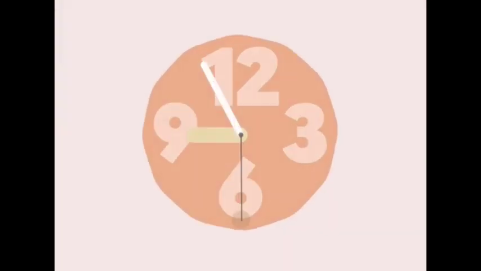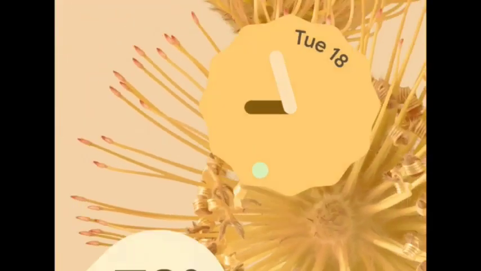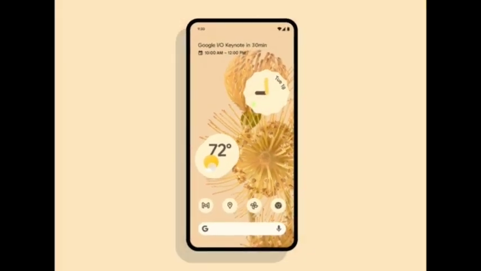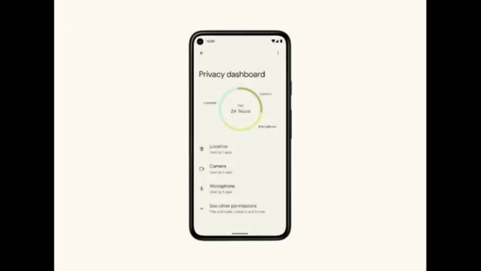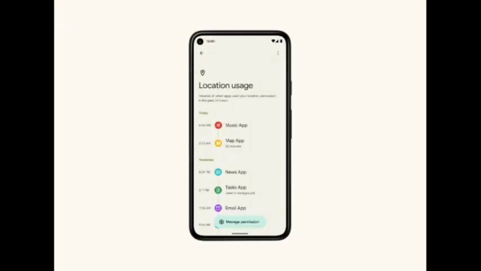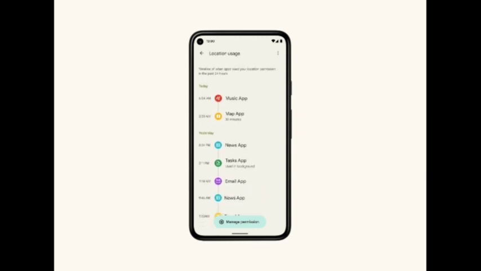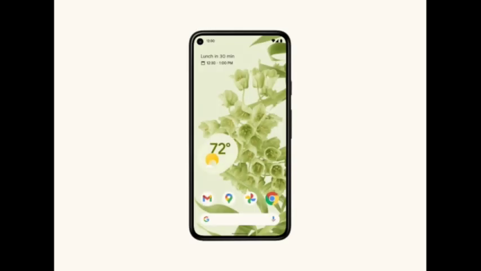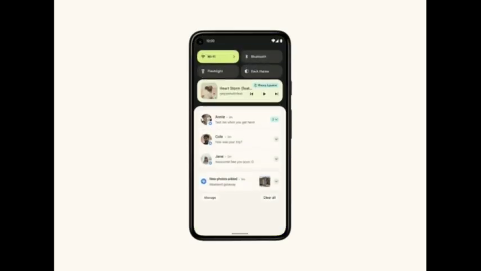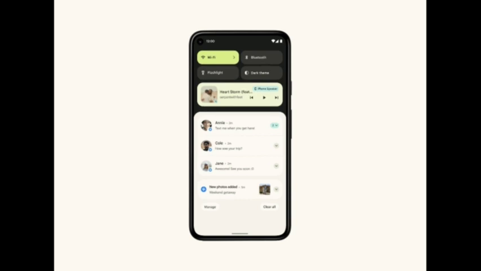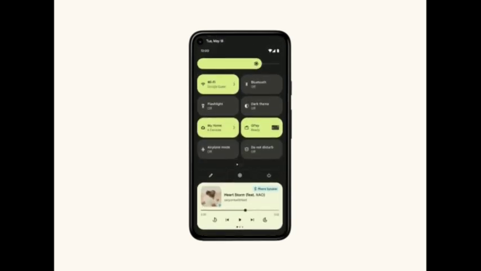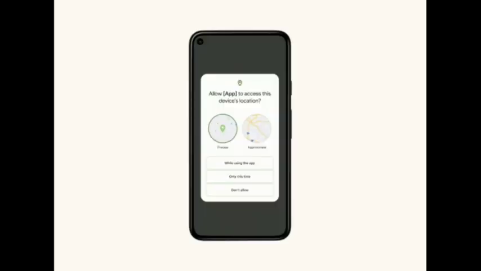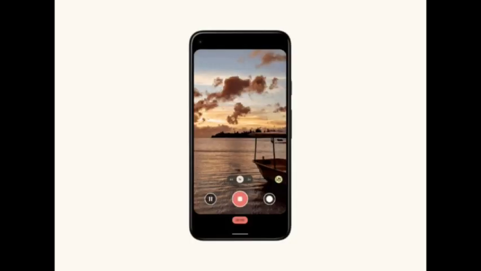Personalization. Starting with Android 12 on Pixel devices, you'll have the option to completely customize your phone with a custom color palette and redesigned widgets. Using what we call color extraction, you pick your wallpaper, and the system automatically figures out which colors are dominant, which ones are complementary and which ones just look great. It then applies those colors across the entire operating system, the notification shade, the lock screen, the volume controls, new widgets and much more.